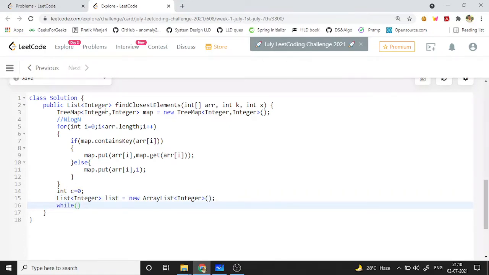So now what we are doing, we are running a loop while c is less than k, so that we can only do this for k number of times. So this is the higher value.